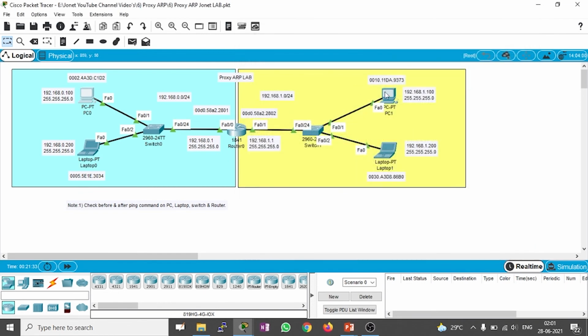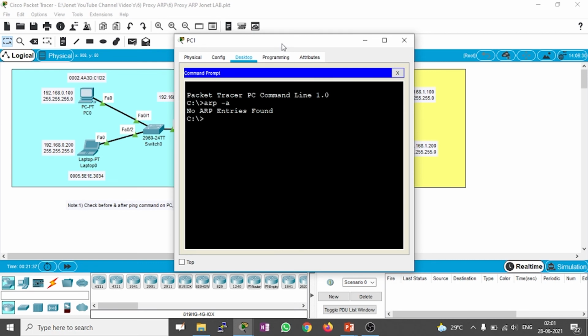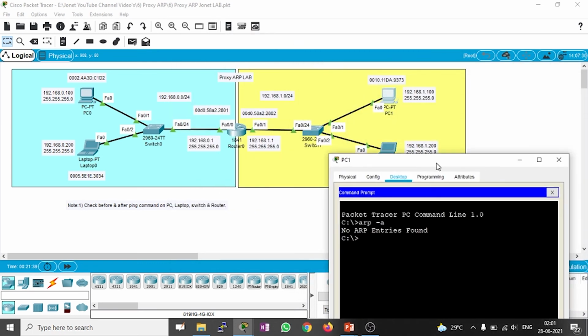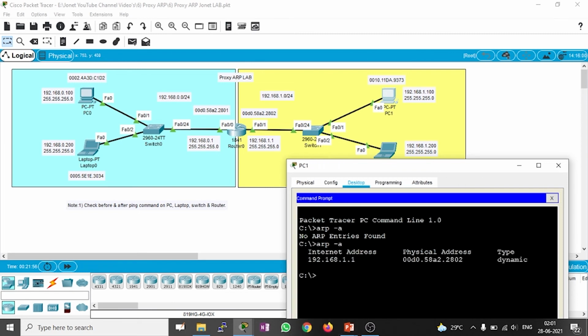Now try to open your PC1. Earlier we had an empty ARP table, no ARP entry found. Now try the same command, arp -a. Now you can list the IP address and the subnet mask.